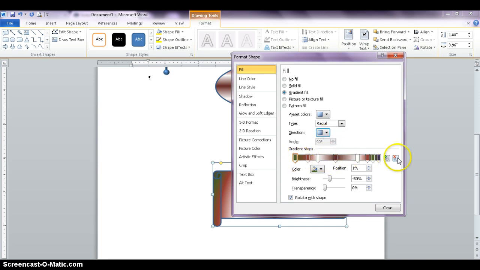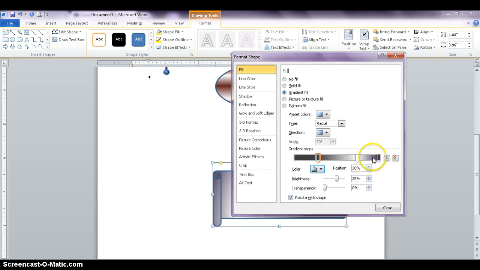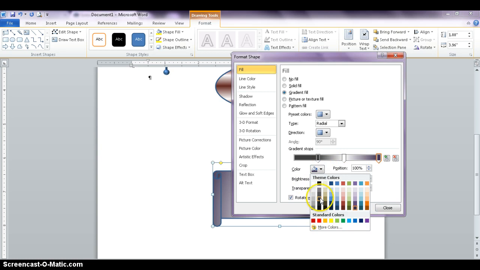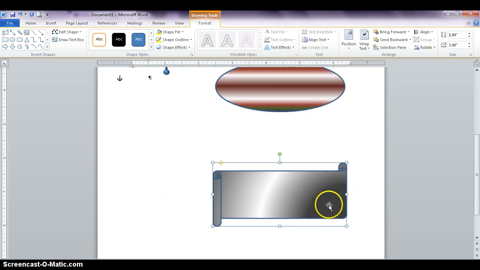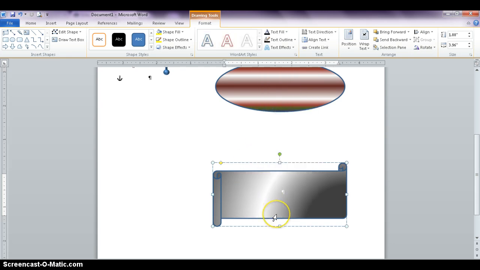And now we're going to just get rid of some of these stops. We're down to, I just clicked on this red to get rid of these stops. We're going to choose just a black, white, and black, or gray, I should say. There we go. Now we've got ourselves a radial. It kind of goes in a circle. Now if I double click on this, actually I guess I have to right click. I can just right click and hit add text, and then we can add text to our scroll,